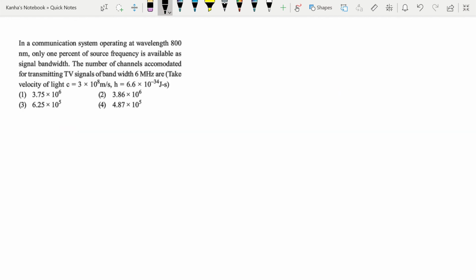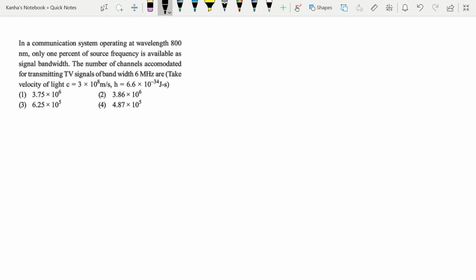So let's look at some questions from the chapter on communication systems. You will often find that you learn a new topic or a new concept when you do a problem in these chapters, because these are extremely lengthy and none of the books or coaching institutes cover them properly. And in the paper, you often find that a new formula or a new concept has been asked. So that does not happen, we are going to practice plenty of questions so that we learn whatever new things are there to be learned.